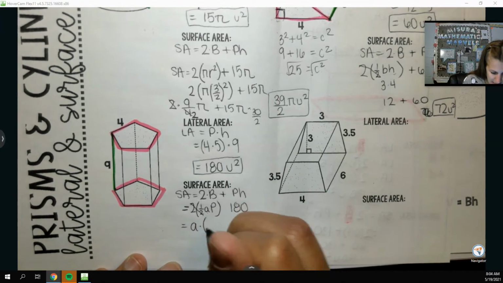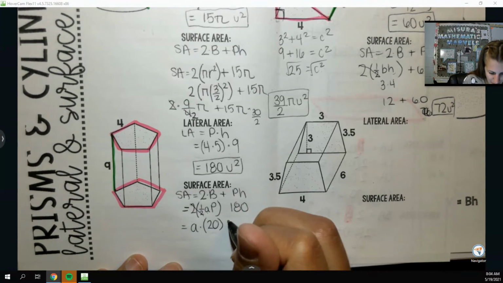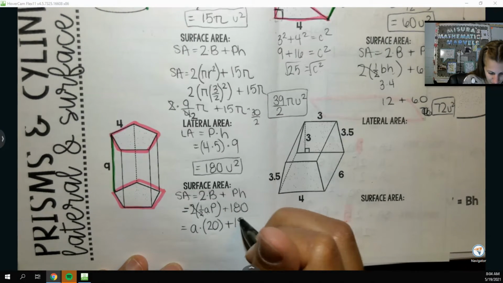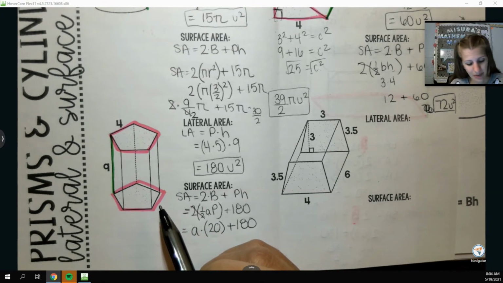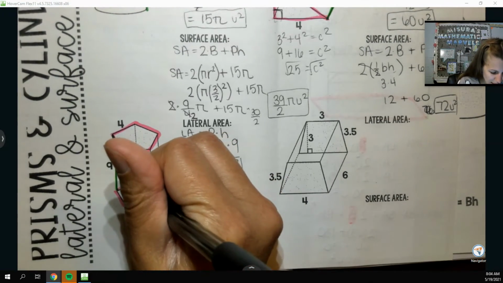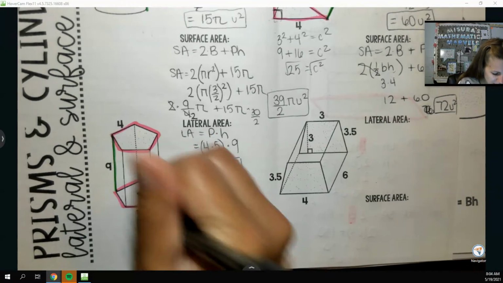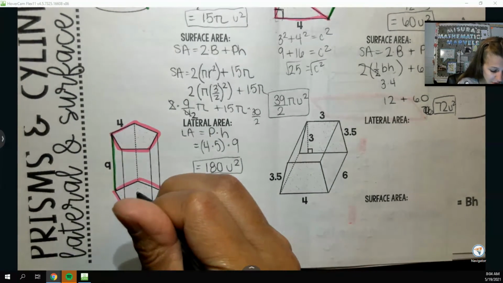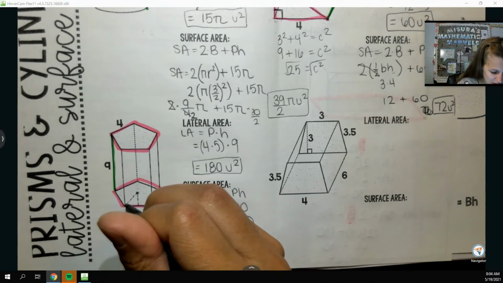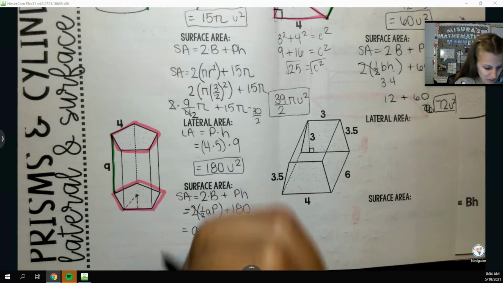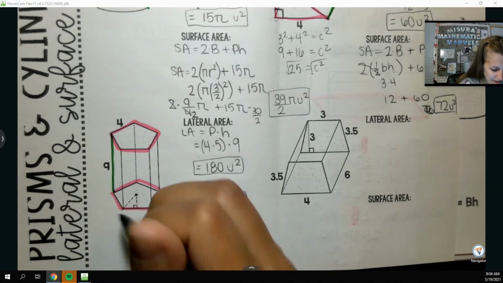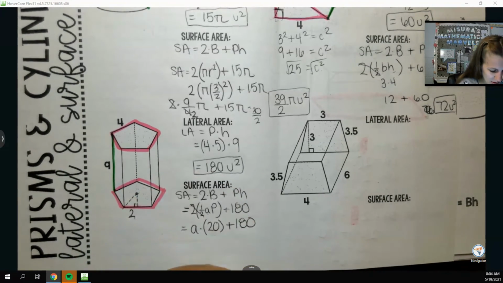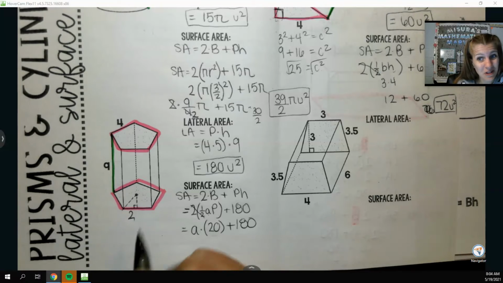The trouble is I don't know the apothem, and they have not labeled it for me. So if I think about drawing this apothem in and creating my little baby right triangle, you thought we were done with those. What I know on my little baby right triangle is that the half side is 2. And then if I only know one or the other because I don't know the apothem, I have to find